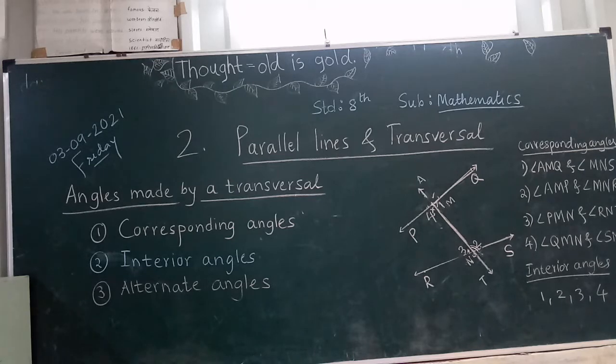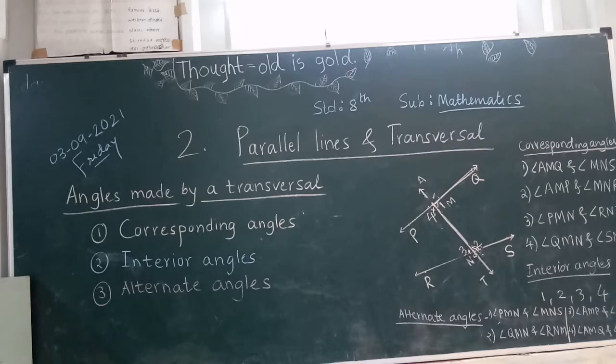In a similar way, alternate angles must lie between these angles. For our convenience, let's have a look at the definition. A pair of angles which are on the opposite sides of the transversal and whose arms on the transversal show opposite directions are called alternate angles. So what are alternate angles? Alternate angles simply means opposite direction and opposite side.